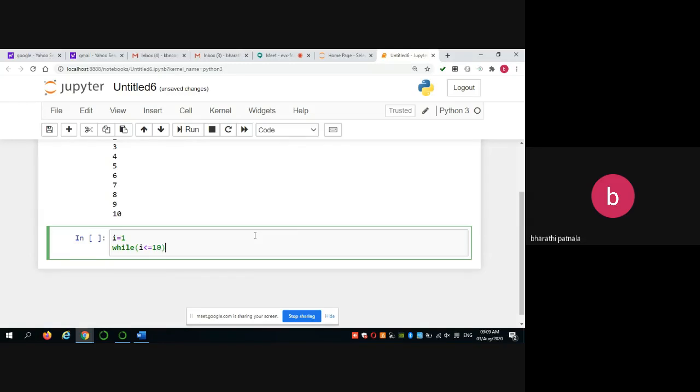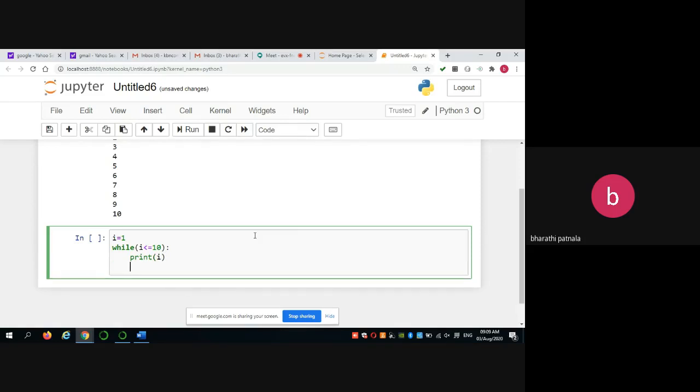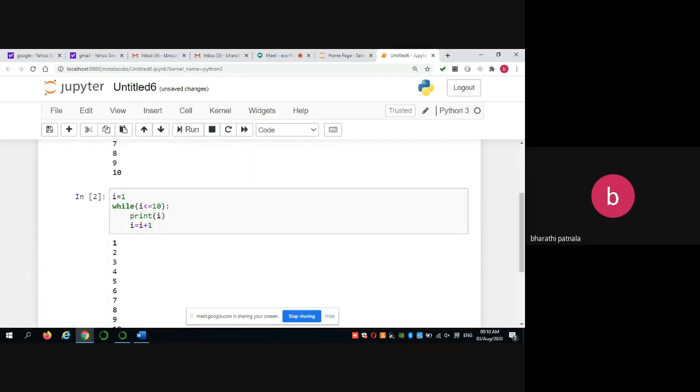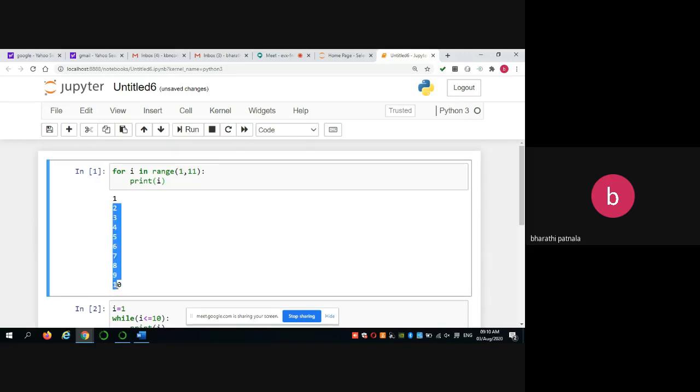That means the i value may be 1, 2, 3, 4, 5 till up to 10, and colon, follow the indentation, print i. Once after printing the i value, you must increment the i value. Okay. So execute the same program. It will also print 1 to 10. The output is the same.